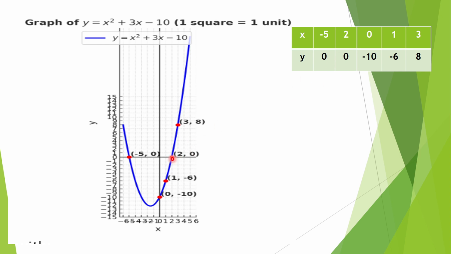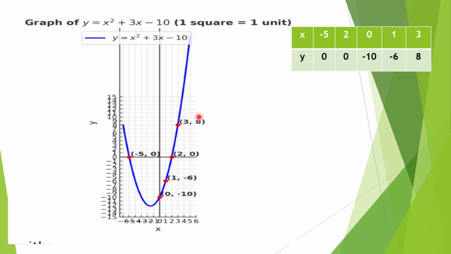So this point and this point. When x is equal to 0, x equal to 0 is on this line, and y is minus 10. So this is the minus y, this is minus 10, this is y equal to minus 10. This is the third point. And again when x is equal to 1, y is equal to minus 6. So where x is equal to 1, x is equal to 1 over here, and y is equal to minus 6. And again when x is equal to 3 and y is equal to 8, it will come in